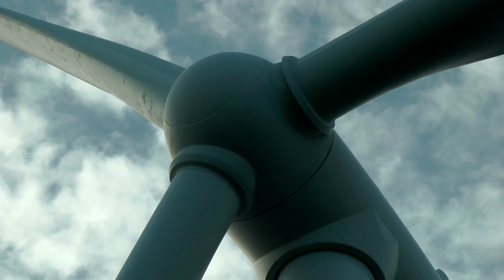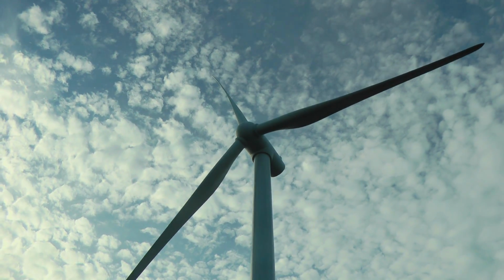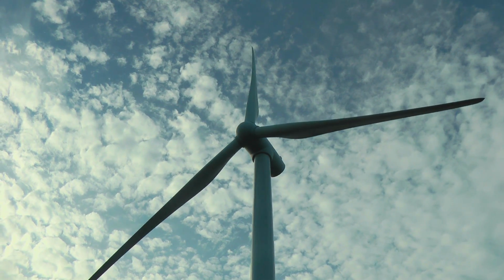Translating revenue into kilowatts of energy, this machine is a 1.5 megawatt generator, or 1,500 kilowatt generator. And to cut the math real short, when you multiply a 1,500 kW generator times 24 hours a day, times 7 days a week, times 365 days a year, it's supposed to make about 13.5 million kilowatt hours of energy if it operates at 100%. The wind here lets us operate at about 25%, so we produce somewhere around 3.5 to 4 million kilowatt hours